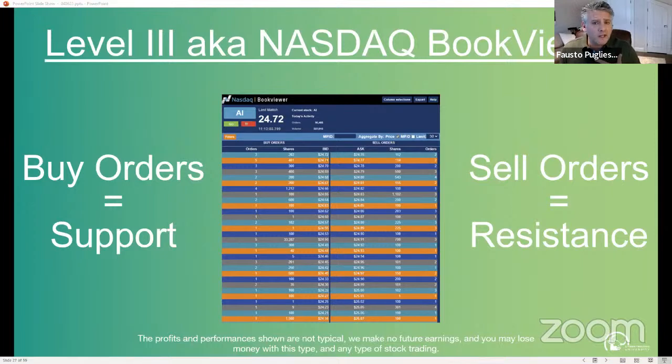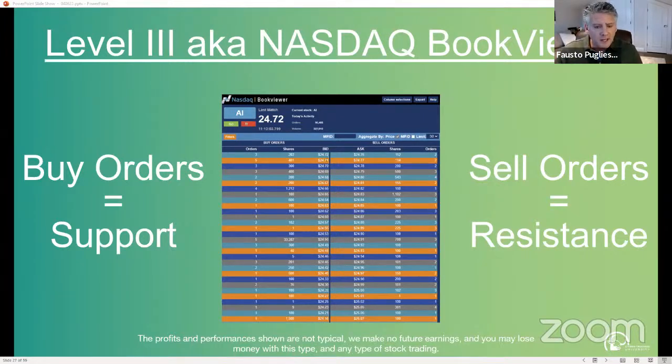Now, when I started, buying a seat on the exchange cost a couple of million dollars. You know what it costs today? $15. Is anybody here willing to buy a seat on the exchange for 15 bucks? Anybody here want to pay $15 for it? You have a seat on the exchange. You can see all the buyers, all the sellers, all that stuff.